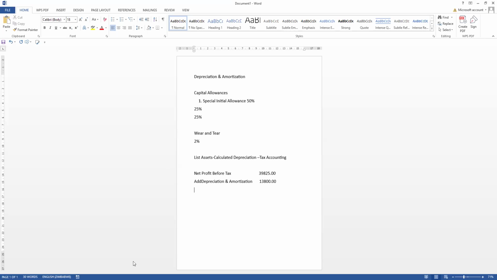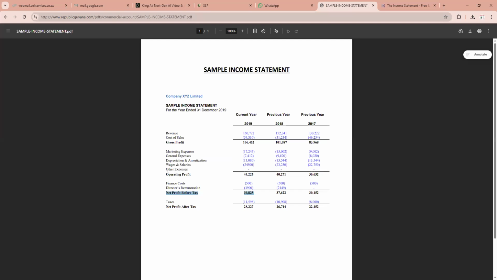I want to go back again to your income statement and explain another expense that we have to take care of. So, wages and salaries and the rest of the expenses are okay. But we may have expenses like fines. If you have expenses like your fines, they are disallowed. The fines we are talking of is probably a driving fine. It could be even the Zimra penalties. Probably they gave you a penalty. You may have got a fine from